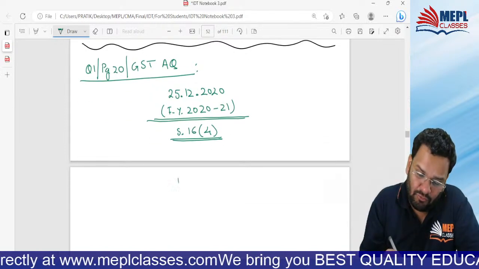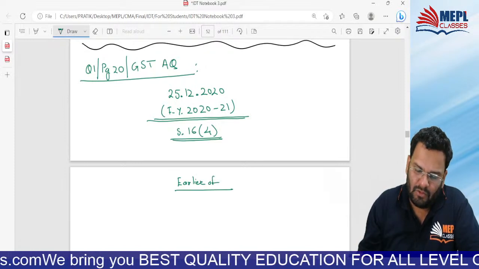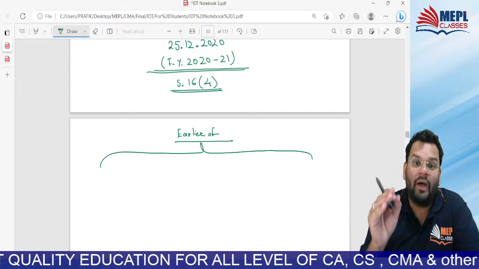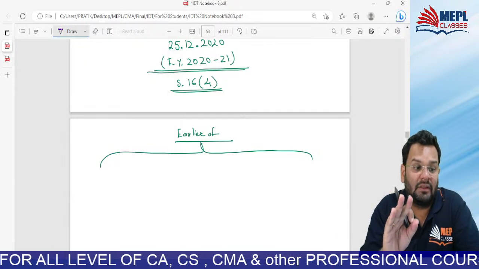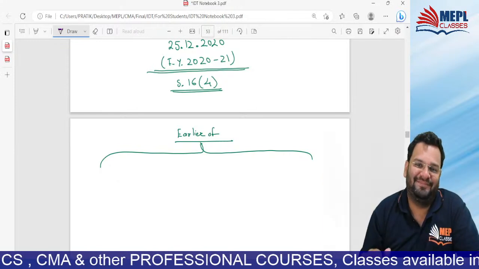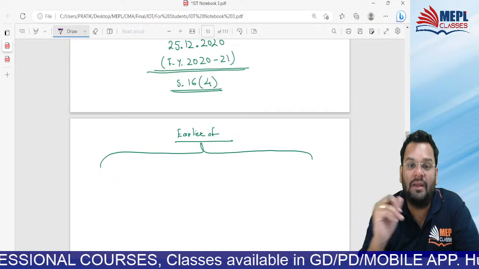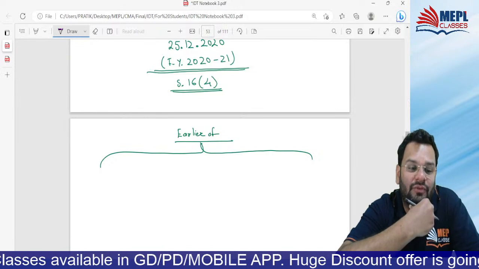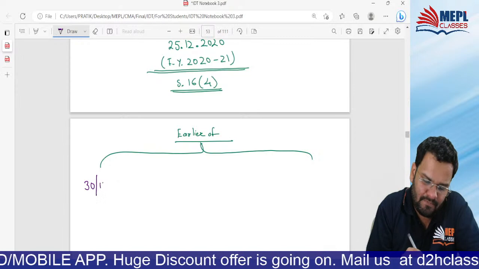It will be earlier of 2. What 2? Which is the 30th November after 2020-21? So of course, 2020-21 ends on 31st March 21. So November after that is